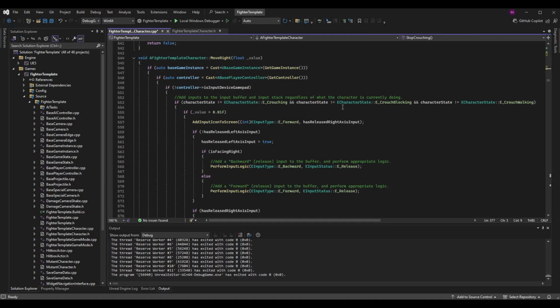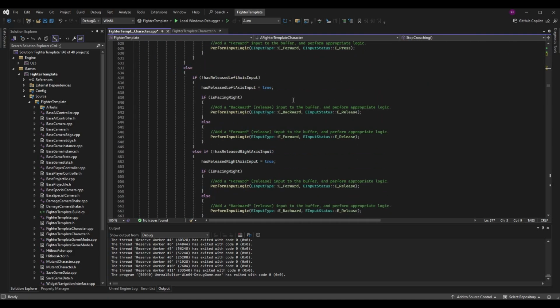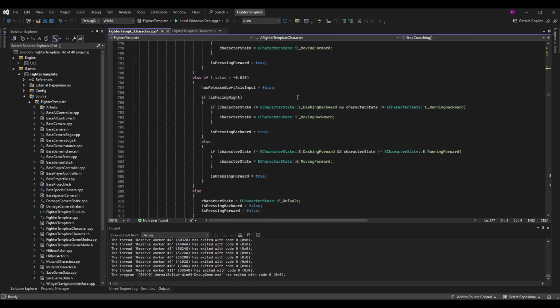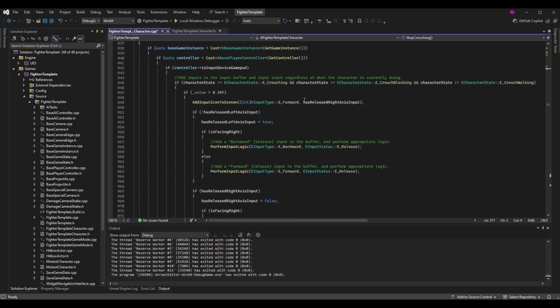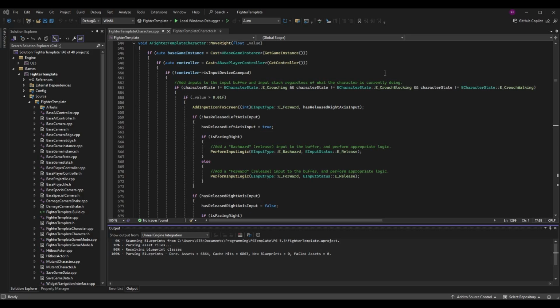Now this function is huge. It's a real beast. And this is what I was telling you earlier. We have move right and move right controller. But if you are to compare these, and they are very big functions, you're going to figure out they're very much the same. The main difference is this dead zone value that we have where we check to see if the value coming